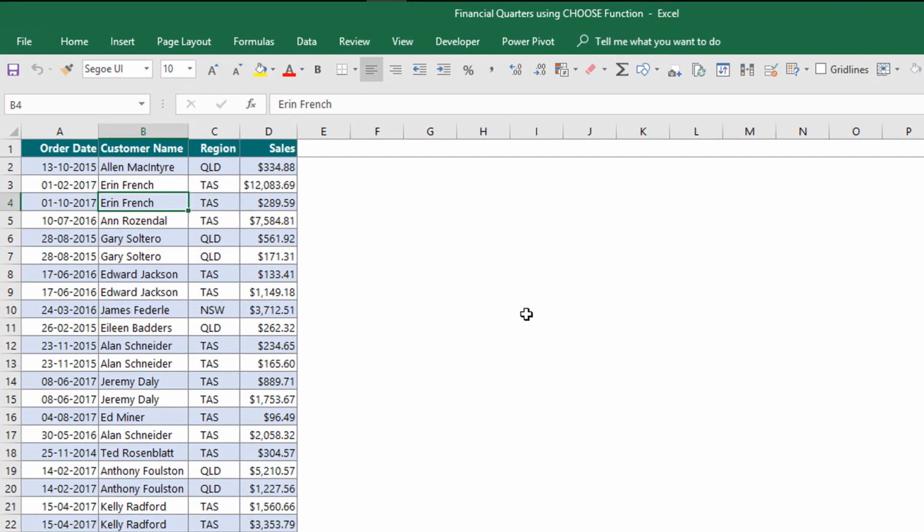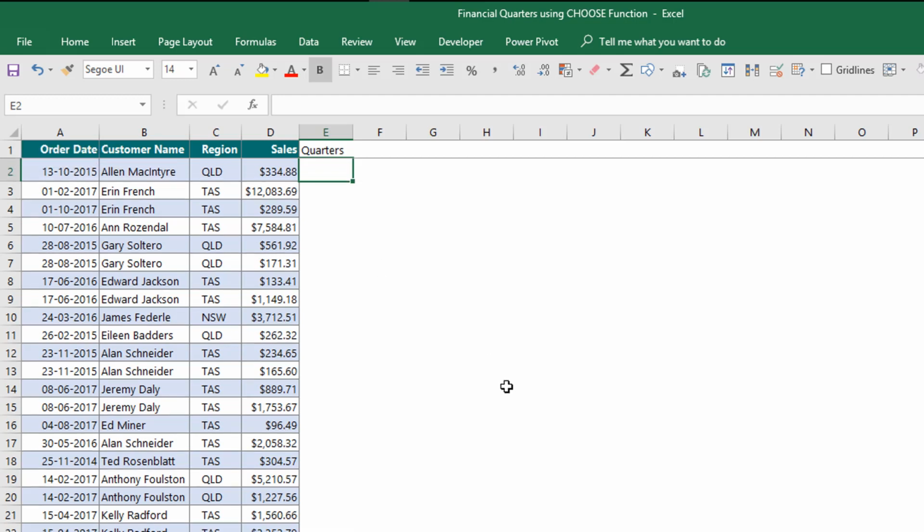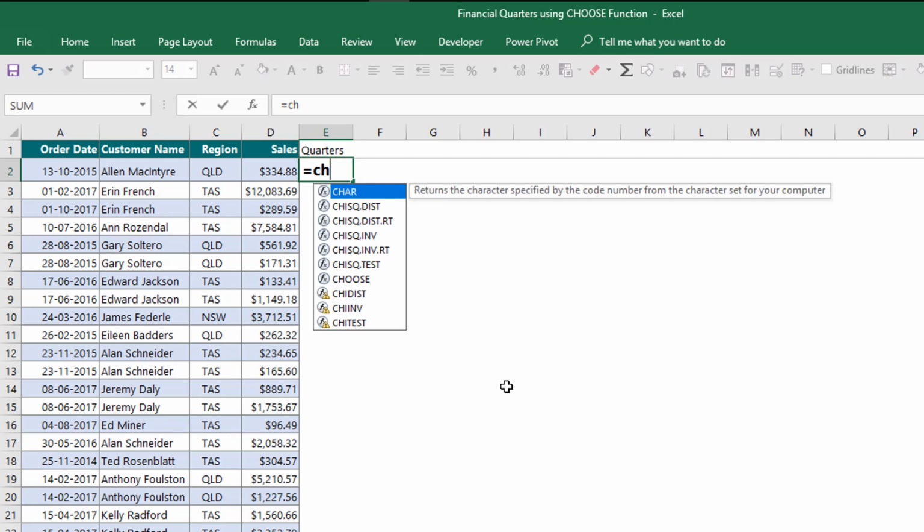You can download the file that goes with this video, what you see on the screen, from the video description below. Now we have this data for different customers. We have been given the order date from which we want to extract the quarter for our reporting. Now let's type quarters here for the column heading. In cell E2, let's type the choose function, equals choose